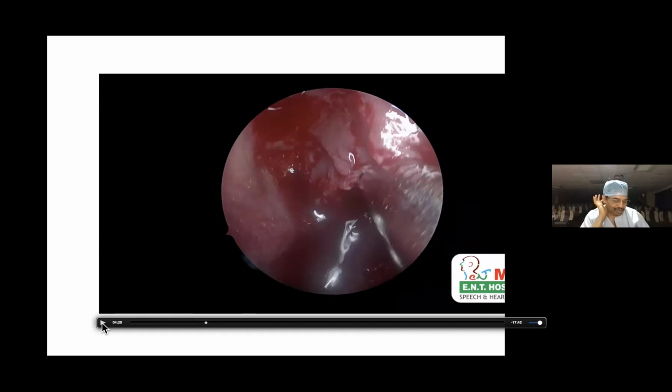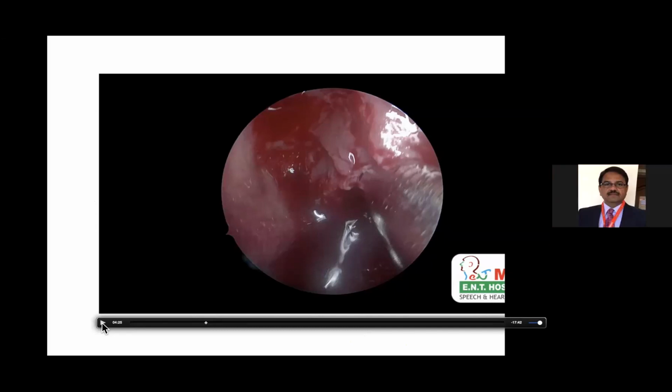The lamina papyracea, as I told you, you can identify without any confusion or conflict in the region of the infundibulum. The moment you do the uncinectomy, you palpate the lamina papyracea in the infundibulum. If you go back to the boundaries of the infundibulum, the lateral boundary is formed by the lamina papyracea. And this is the anterior-most part of the lamina papyracea. Once you identify this and proceed from there, you can imagine where the lamina papyracea is. You will not have any confusion.